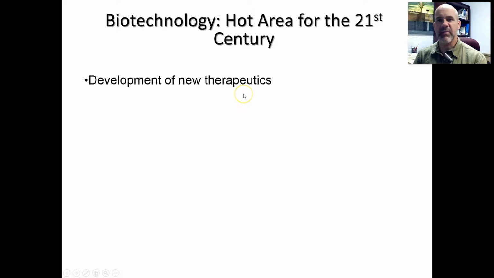Development of new therapeutics. So that's going to involve things like, eventually we're going to be able to correct genetic disorders. If you know somebody who has a genetic disorder like cystic fibrosis or muscular dystrophy, or sickle cell anemia, we mentioned that in the mutations video lecture. Those are things that ultimately down the road, they're caused by mutations on the DNA. Hopefully down the road we'll have the technology to correct those mutations. We're making progress in those areas, so that will